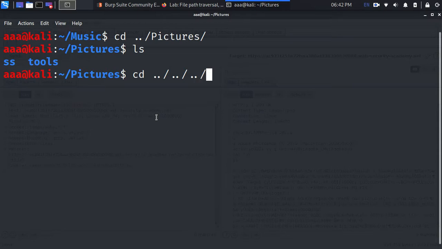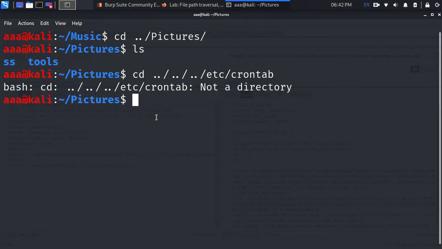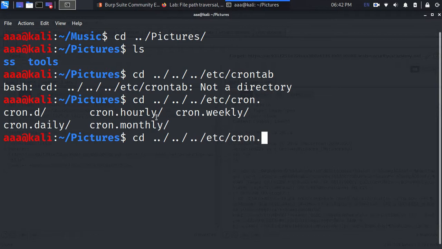I'm in the / directory. Now I can even access the etc and as you can see I can just do anything. Okay, so etc. Let me see why it is not working. Yeah, I don't have crontab. As you can see it was empty, but you just get the logic, right?